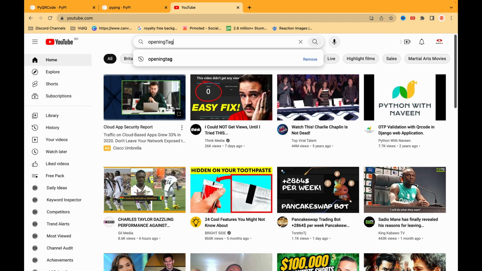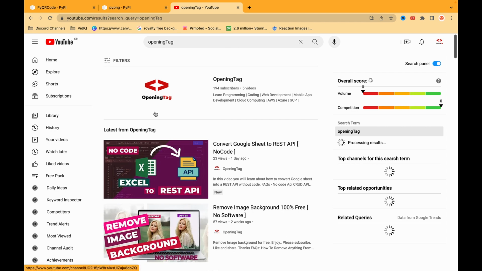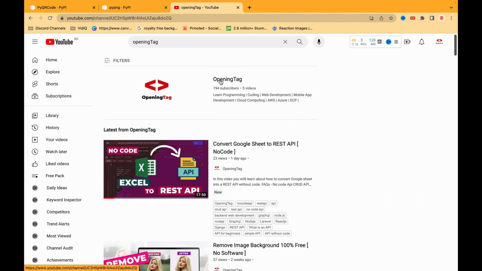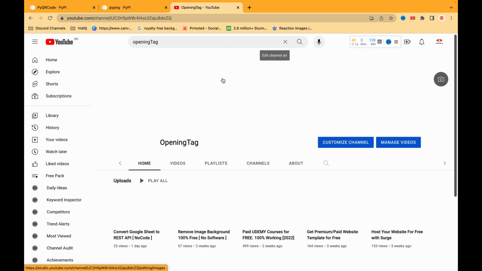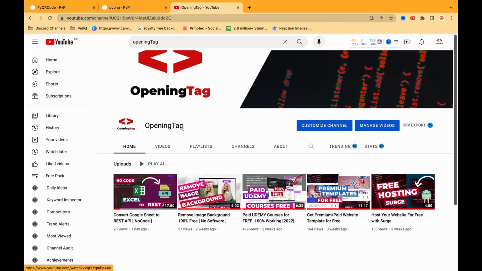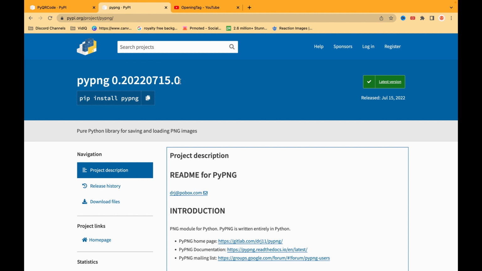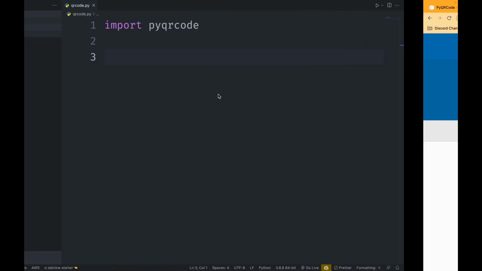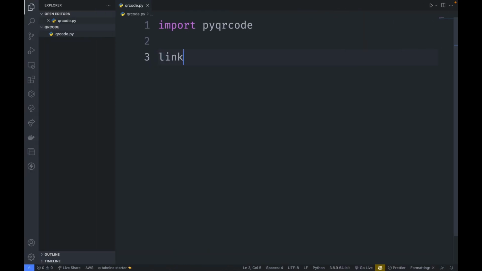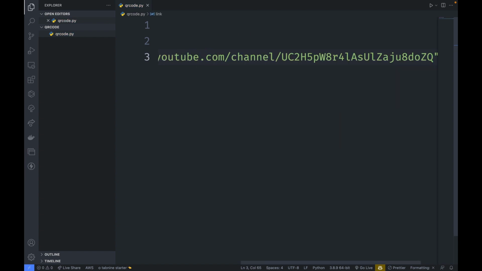So I'm going to generate the QR code for this link. So what I will do is I will create a variable to hold the link to my YouTube channel.